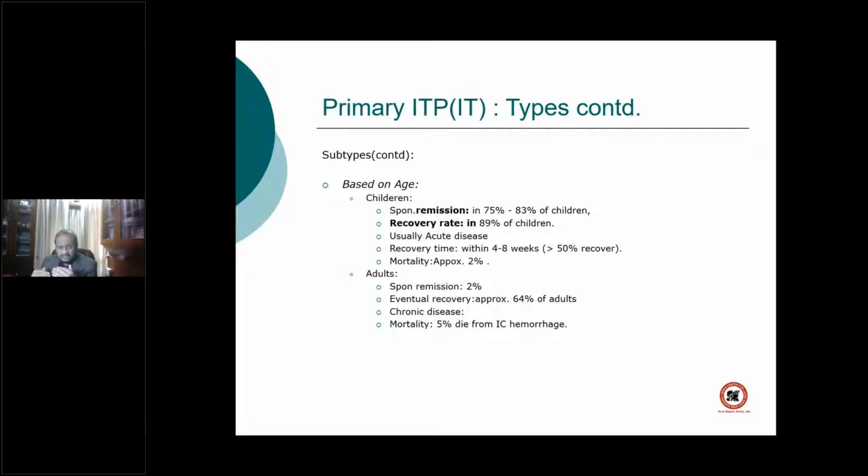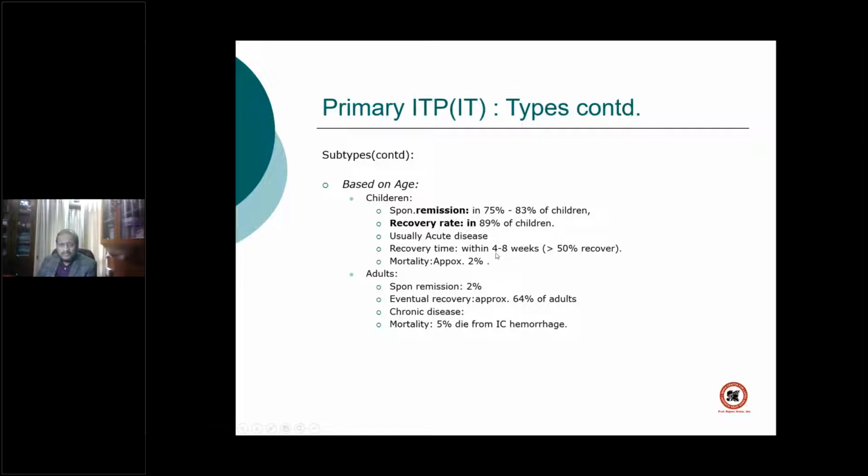Now, why the need to do this? Because childhood ITP is spontaneously remitting in almost 75% of cases, up to almost 83%, and there's a recovery rate of almost 90%. That means spontaneous remission is 75 to 83%, and with treatment more remit, so it comes to somewhere in the region of 90%. Usually it's an acute presentation, and the spontaneous remission time is